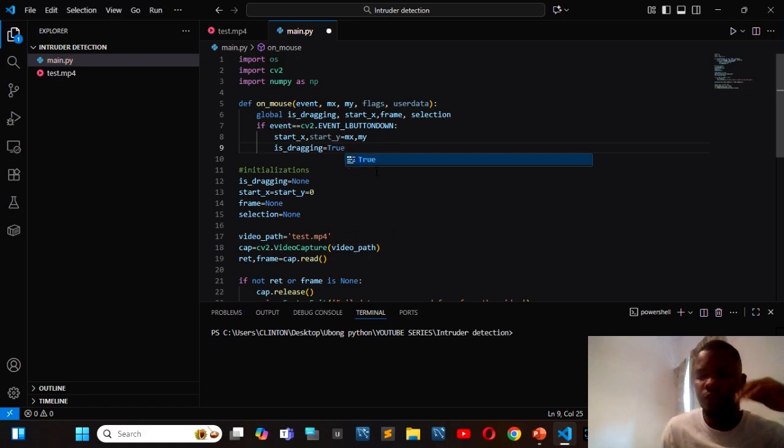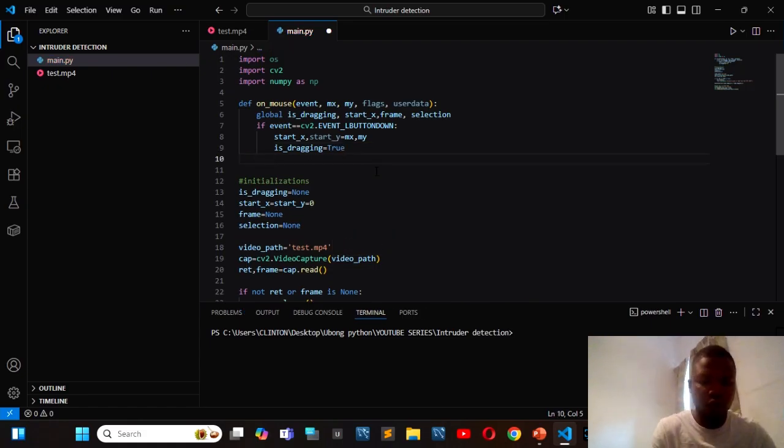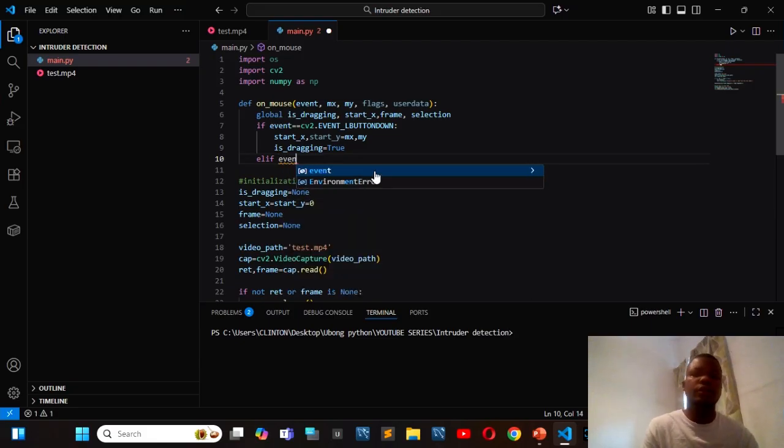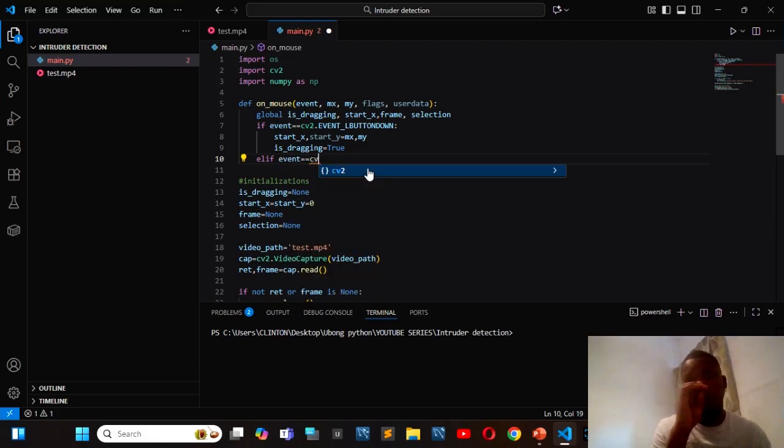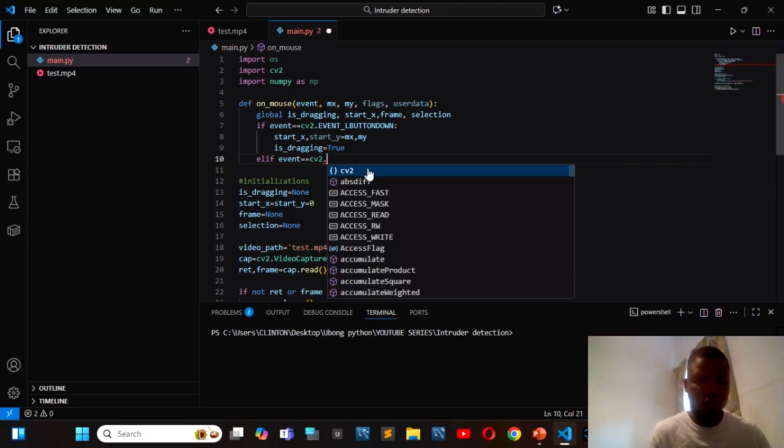All right, beautiful. Now, however, if event equals cv2 dot... Remember we have three: either our mouse is moving, we click left, or we click right. So what if we are moving our mouse? cv2 dot